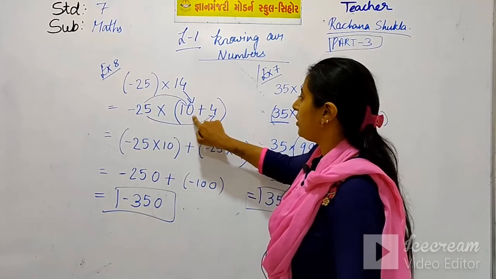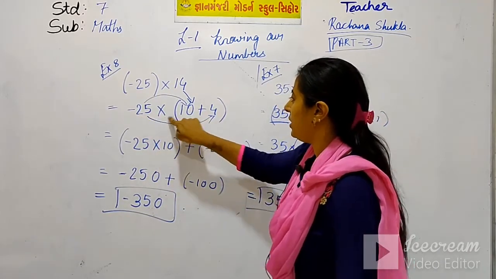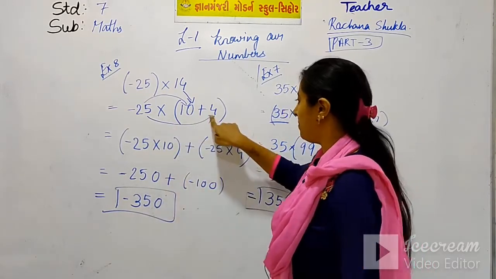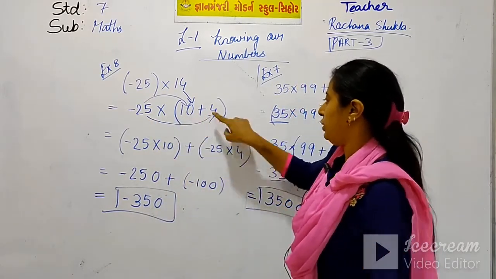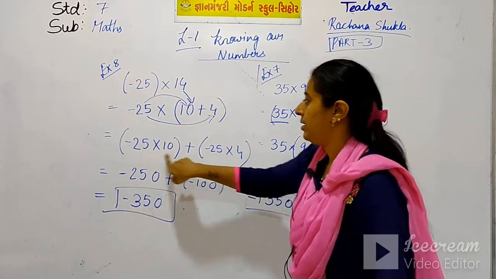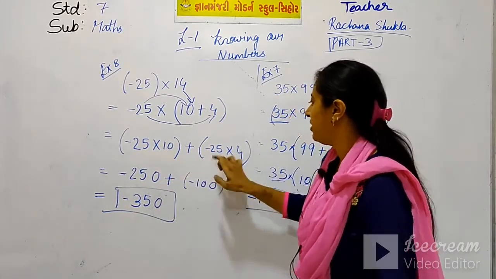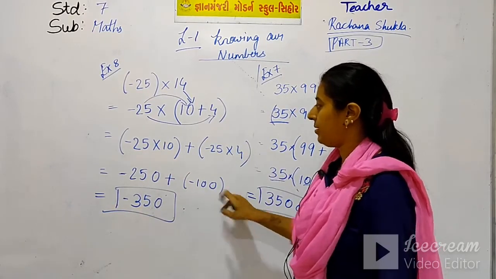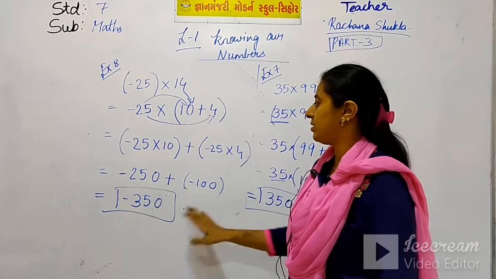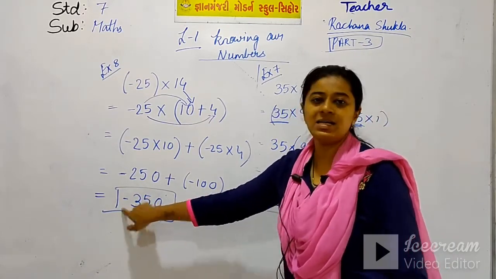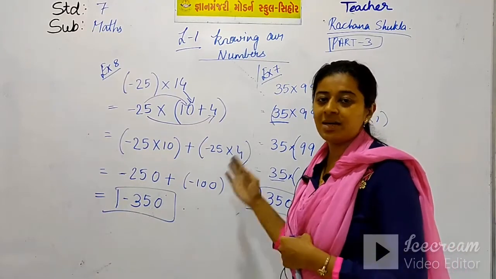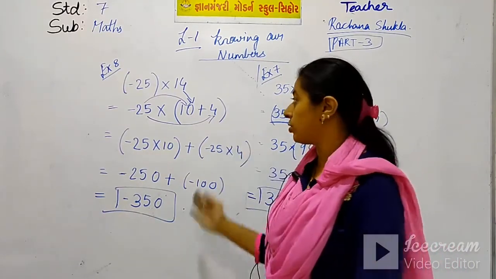Mummy will go with you first. So 25 into 10. See. Then mommy will go with you, your brother. 25 into 4. See, look here. Between, a plus sign. 25 tens are 250. 25 fours are 100. Minus minus plus. So 250 plus 100, 350, but with a minus sign, because both are minus. So, solve this sum in your example book.